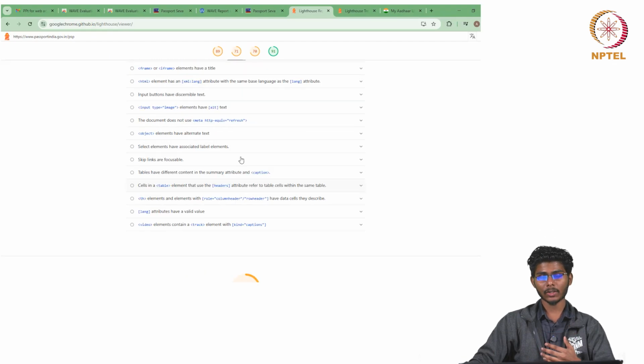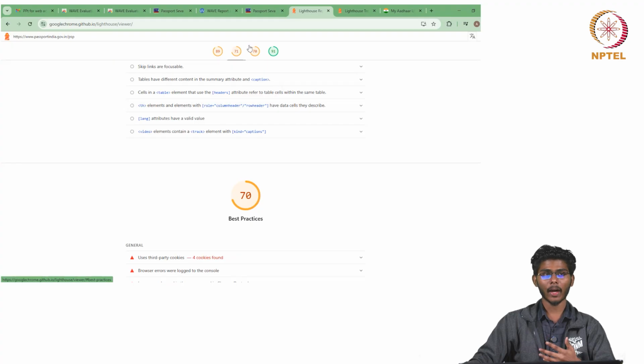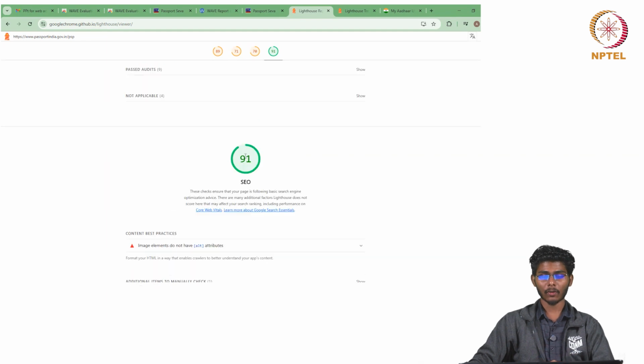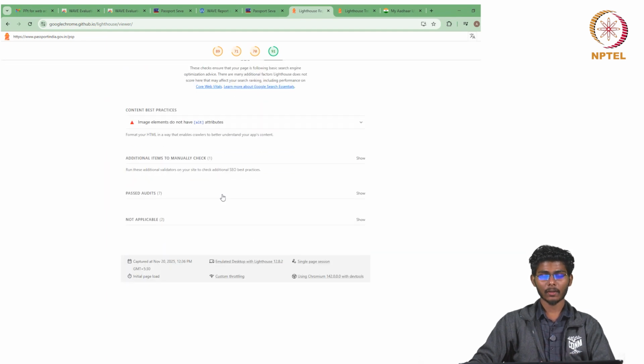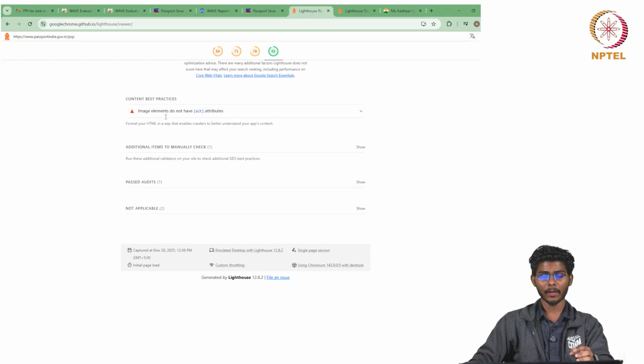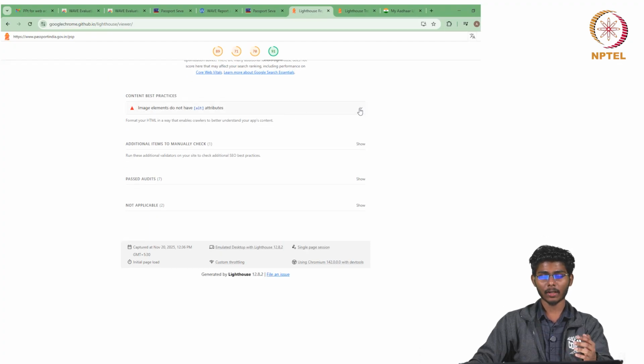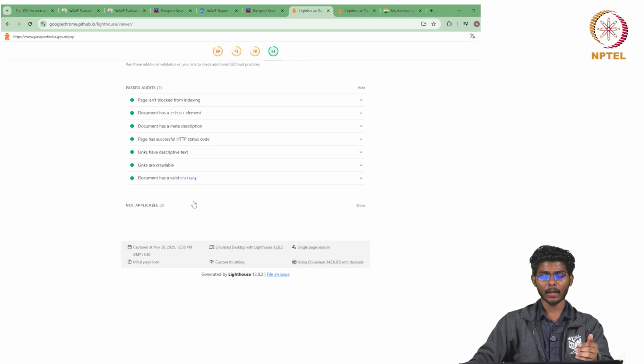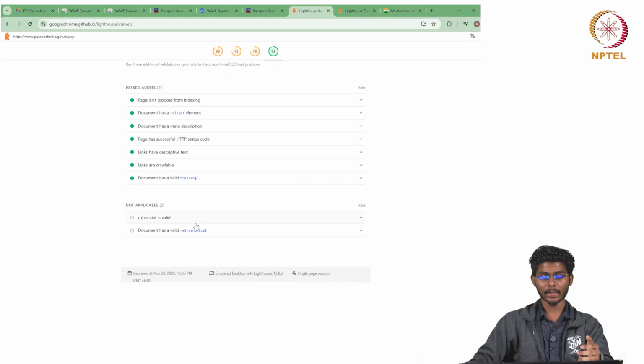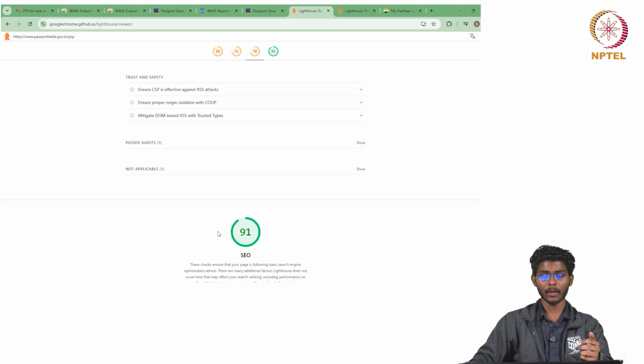It also shows how performance, accessibility and best practices can be improved by reducing these loads in the website. For each of the categories, it has separate components showing which are following the audits, which are not applicable, and which can be improved.